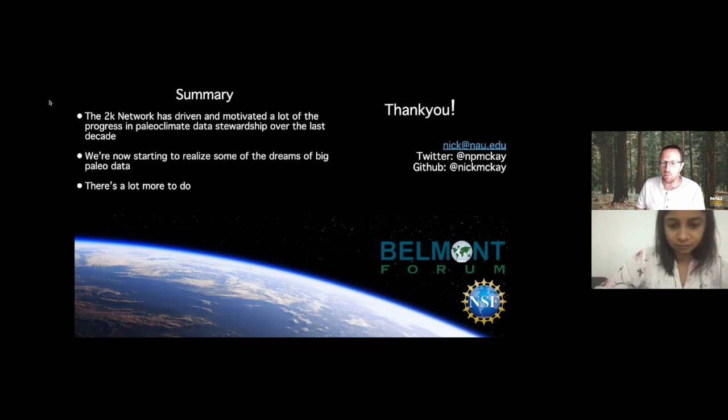And so then it's a matter of dealing with the scale of the data, less the variety of the data. Paleoclimate is not like that for the most part. I mean, certainly we work with model output and some large data sets, but not to that scale. And really much more of the challenge in paleoclimate is the diversity. Every site can be different. Every archive has very specific data and metadata needs and requirements. But we really want to integrate data across archives, across disciplines. And so it's not so much a big data problem as lots and lots of piles of small data. A catchphrase for this would be long tail data sets.